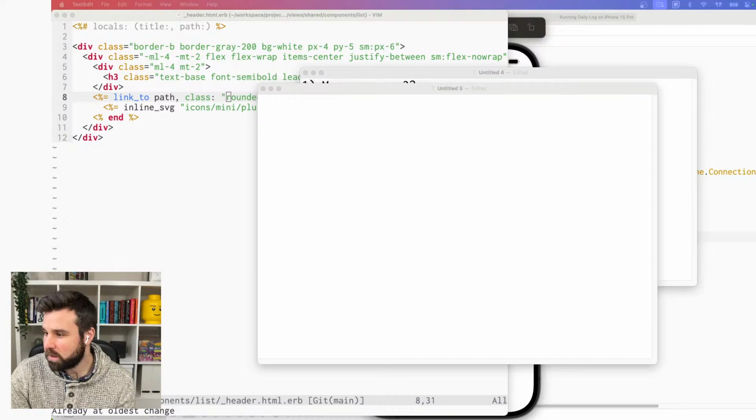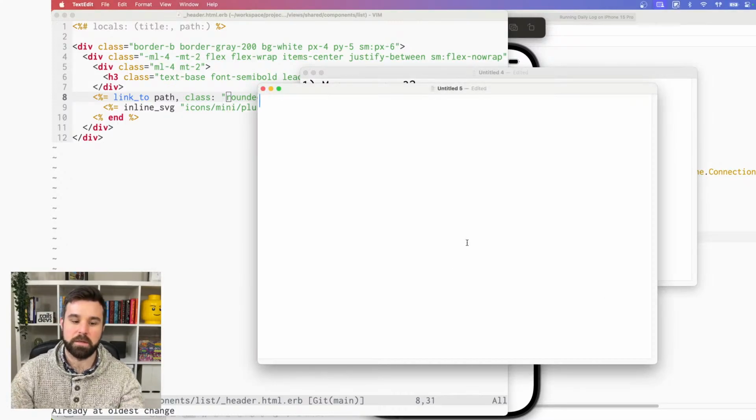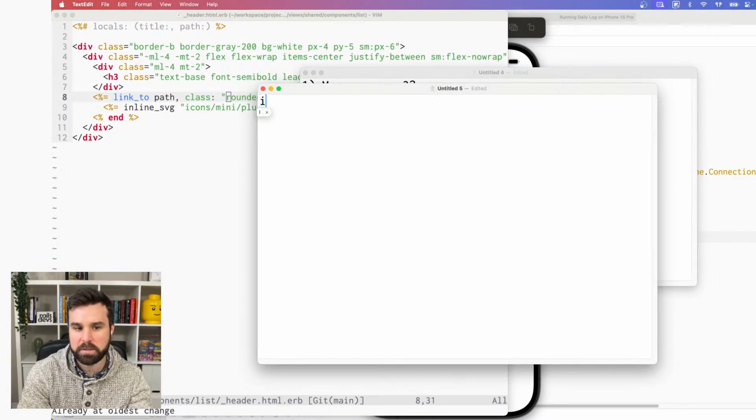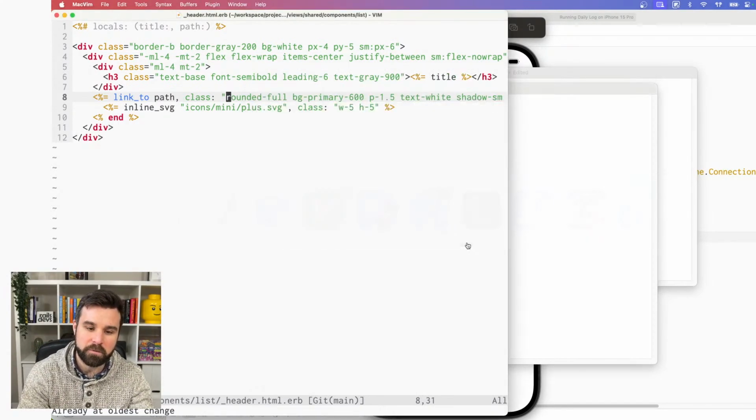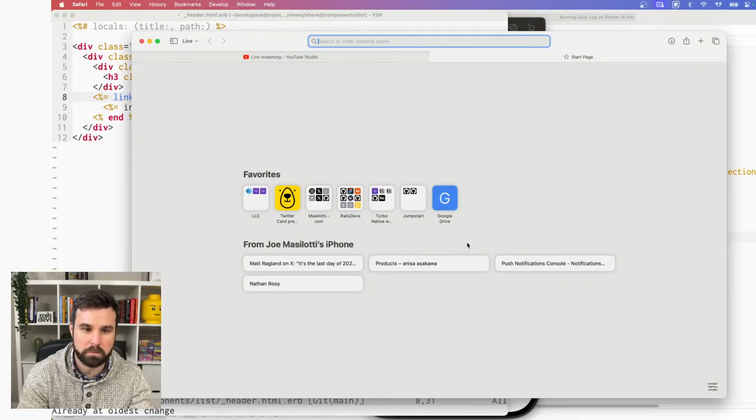Okay, do you have any recommended resources for learning more about iOS, for being able to build native components and progressively enhance Turbo native apps? So this is iOS resources. And then someone else, I also don't want to copy paste too much and know what's going on, how to fix bugs. Sure. So my favorite resource is